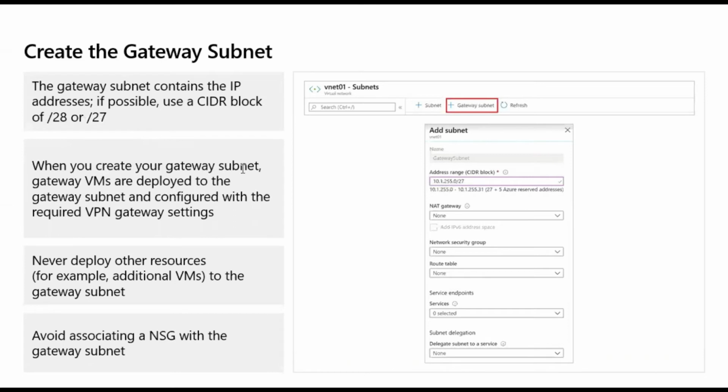So when you create your gateway subnet, gateway VMs are deployed to the gateway subnet and configured with the required VPN gateway settings. Never deploy other resources to gateway subnet. That means gateway subnet is dedicated for gateway only. Avoid associating a NSG with the gateway subnet. NSG is a